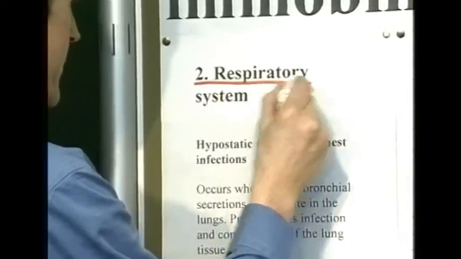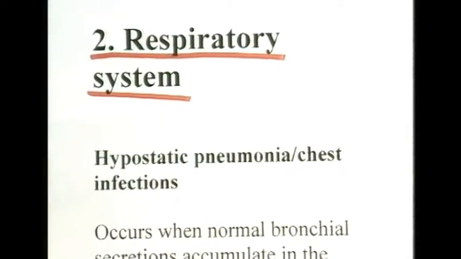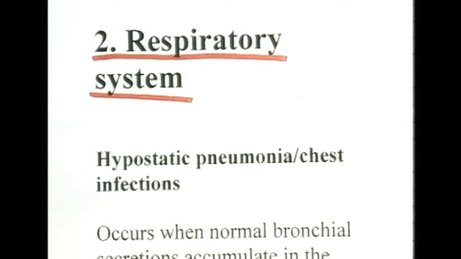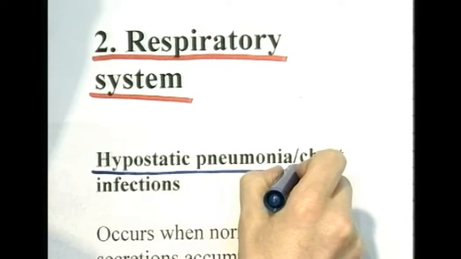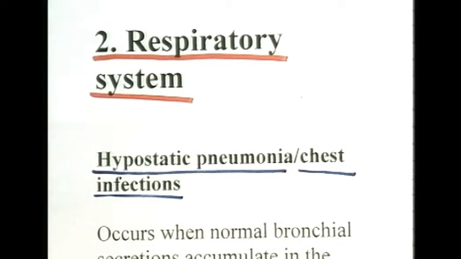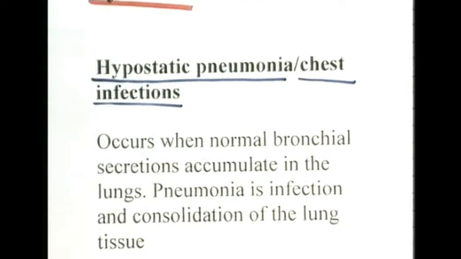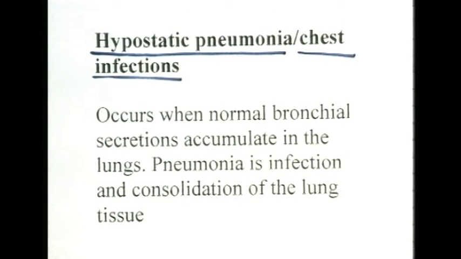So let's think about now the complications of immobility on the respiratory system. We've covered the cardiovascular system, moving on to the respiratory system. The main complications here are hypostatic pneumonia, pneumonia caused by lack of mobility, and other less severe chest infections. These tend to occur when normal bronchial secretions accumulate. These bronchial secretions, of course, are quite normal. They're produced by the cells lining the bronchial passages and are normally wafted away by the cilia. So when normal bronchial secretions accumulate in the lungs,